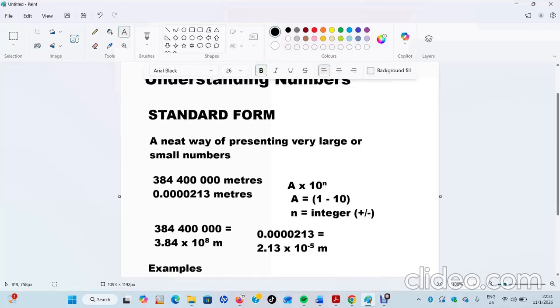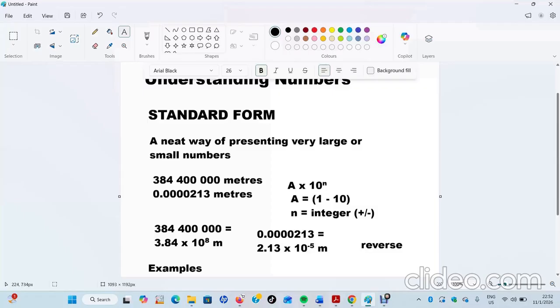You can have more examples yourself just to keep on practicing. But you can get to a point where you are given the number in standard form and you now need to reverse it back to its original form. How do you do that? It's just the reverse of what we have been doing. Let's look at this last number, 2.13 times 10 to the power minus 5. Since it's to the power minus 5, we know it's a small number. It's supposed to be 0 point something.